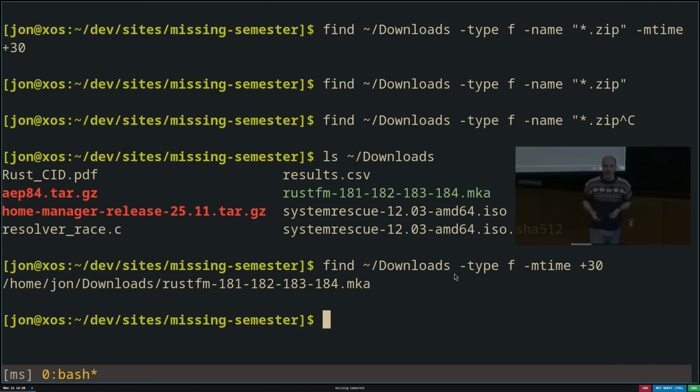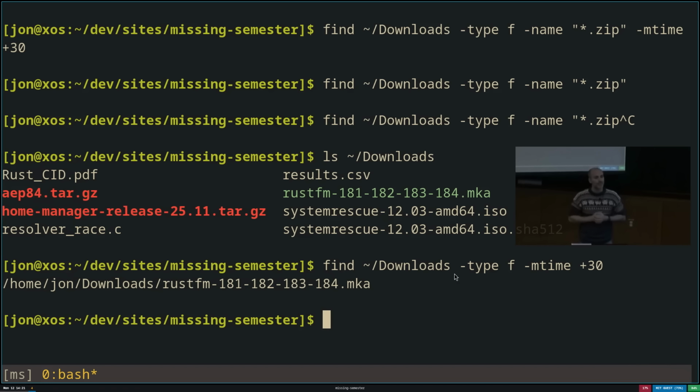But you can search for all sorts of things, like files that are at least so large, files that are at least this old or at least this recent, files that have a particular pattern in their path, files that are directories, files that are links, whatever it could be. There's a whole host of things you can use find for here.